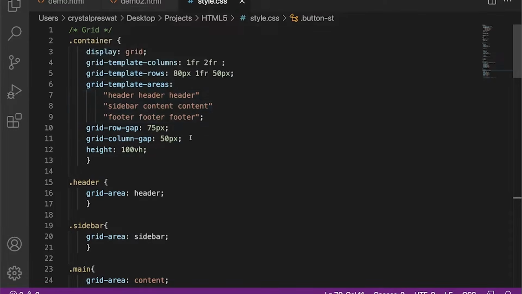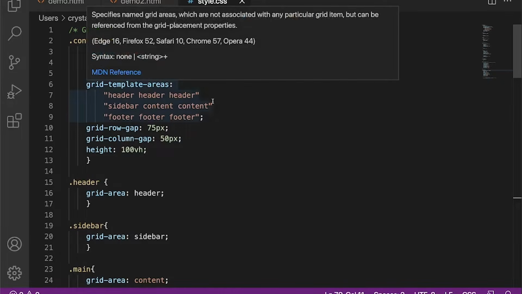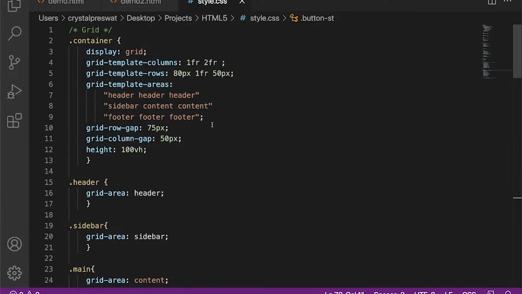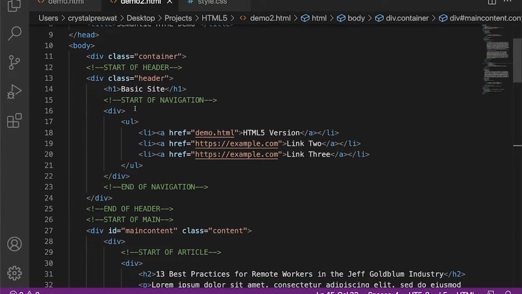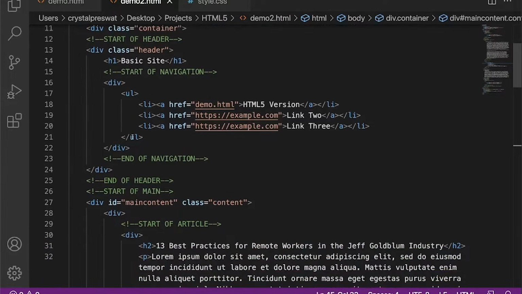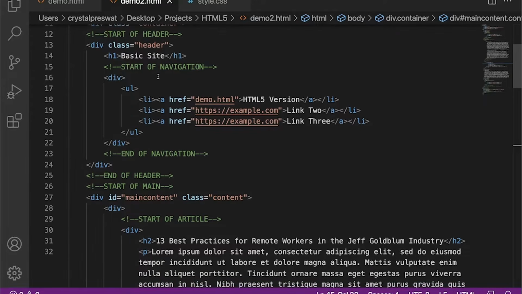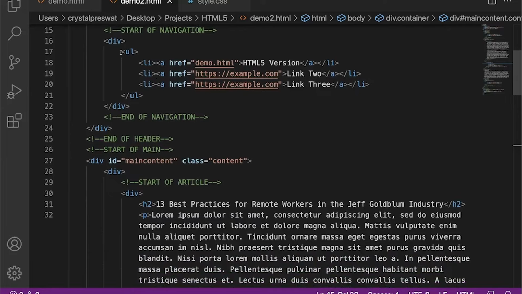I'm kind of brushing up on CSS because I heavily relied on Bootstrap for quite a few years. So I'm trying to get more back in touch with that vanilla CSS. And you can see a lot of my divs have classes to give them styling and other stuff to do with layout. But I have some things like a list for my navigation,